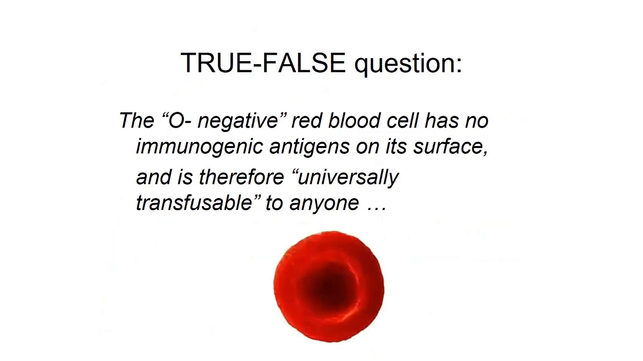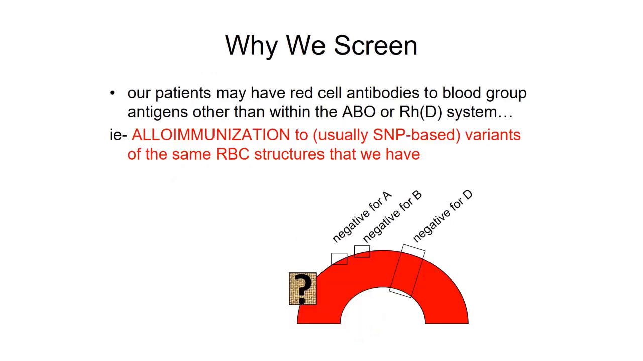In this true-false question, is the O-negative red blood cell devoid of immunogenic antigens on its surface and therefore universally transfusible to anyone? The naive individual who is unaware of the existence of the many minor red cell antigen systems might be tempted to say that this is true, but it is clearly false. Why we screen